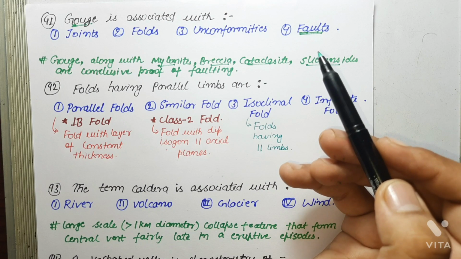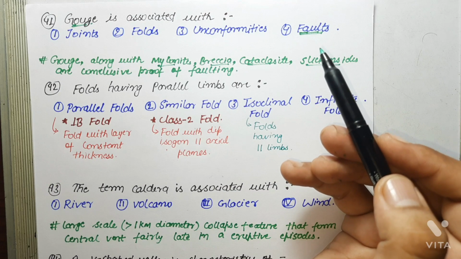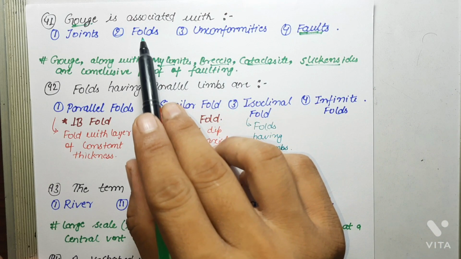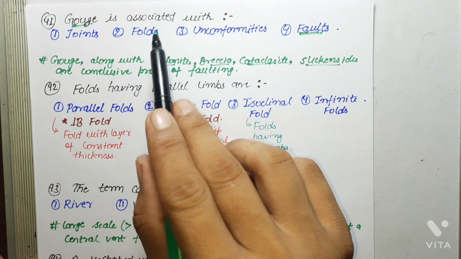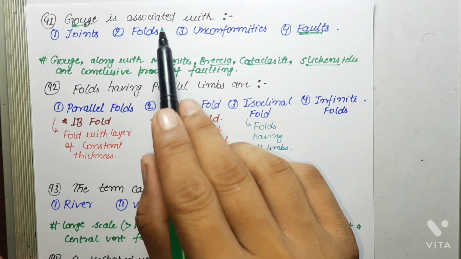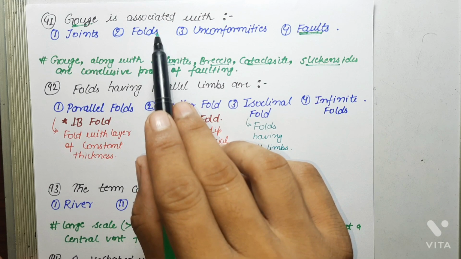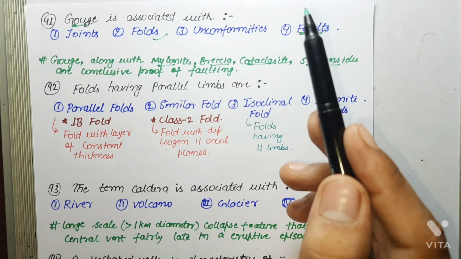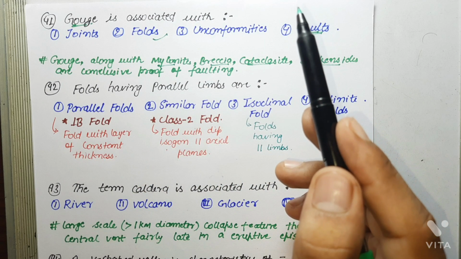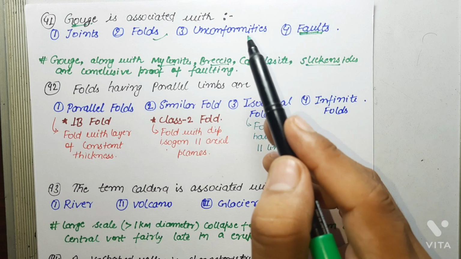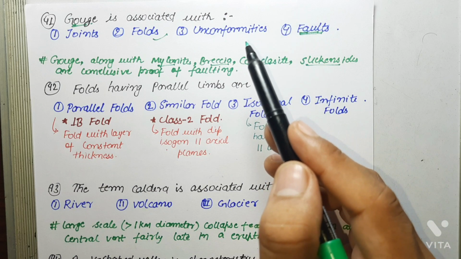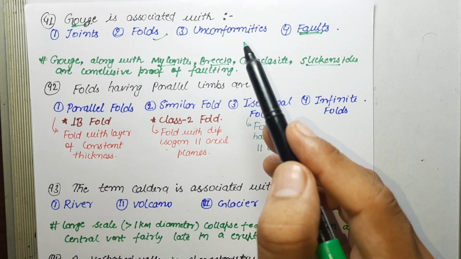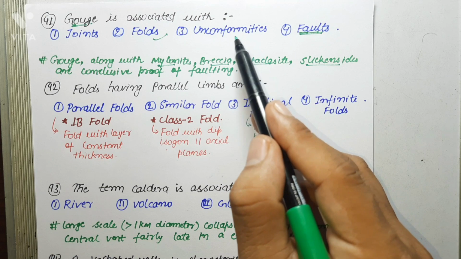By the way, for folds, recognition of fold is done by direct observation in the field where these are continuously exposed. For example, a dome you can easily determine by going through the field. For unconformities, there is presence of conglomerate at the bottom, presence of paleosol also, and abrupt changes in grade of metamorphism also indicate the presence of unconformity.